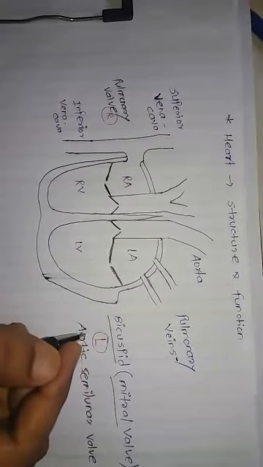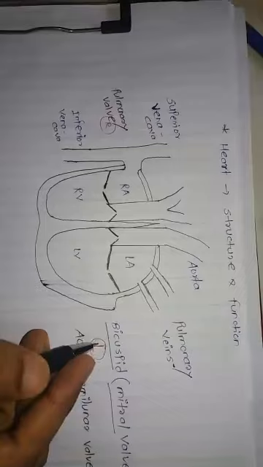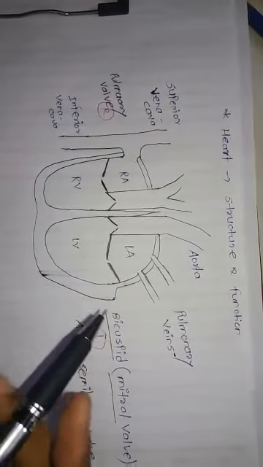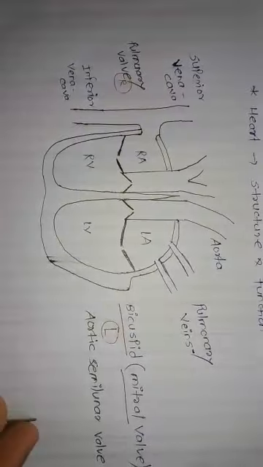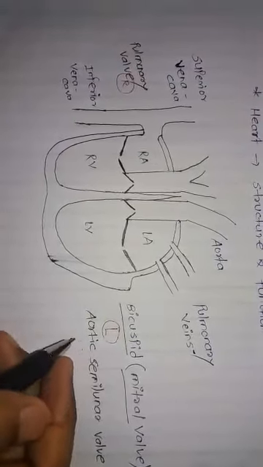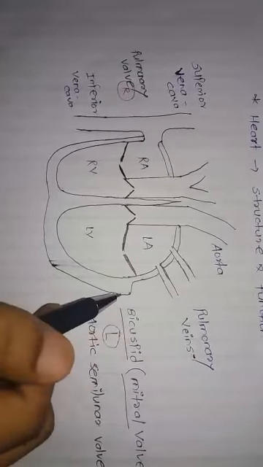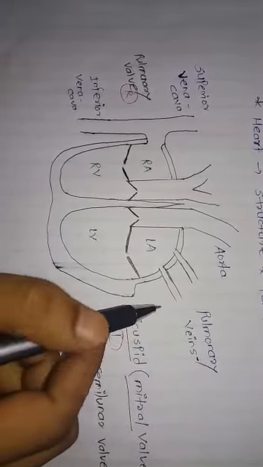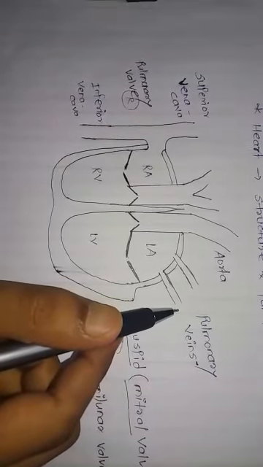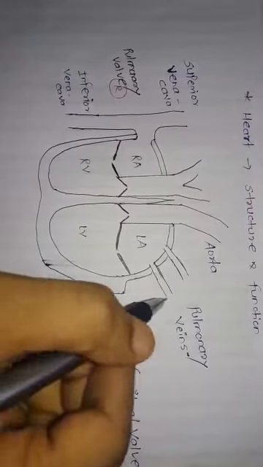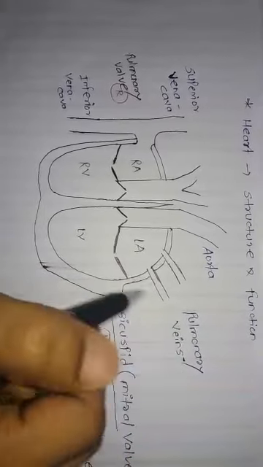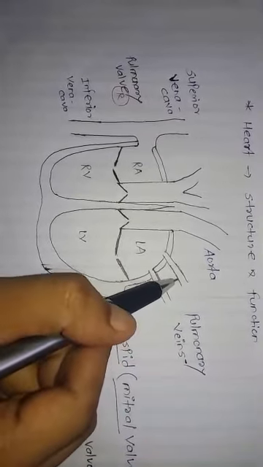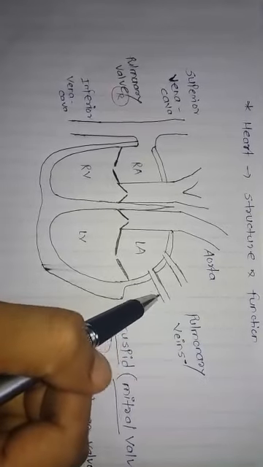Next we will learn about flow of blood through the heart. So how does blood flow through the heart? In the lungs, pulmonary capillaries pick up oxygen and unload carbon dioxide. From the lungs, blood is 98% to 100% saturated with oxygen. So oxygenated blood is carried into the left atrium by 4 pulmonary veins. Here I have drawn only 2 pulmonary veins, but actually it is 4.